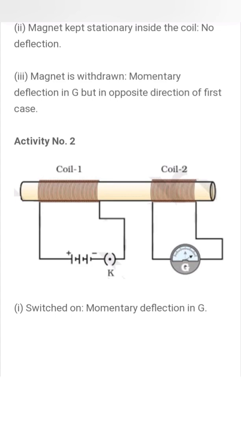Now when the current changes, meaning either the circuit is switched on or switched off, the deflection can be seen in the galvanometer, but when the current flows continuously, there will be no deflection seen in the galvanometer. This shows that the deflection will be there only when the current increases or decreases in the circuit, meaning when there is a change in the current in the circuit.